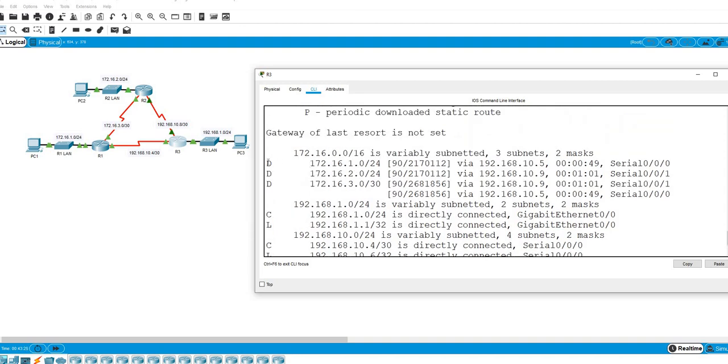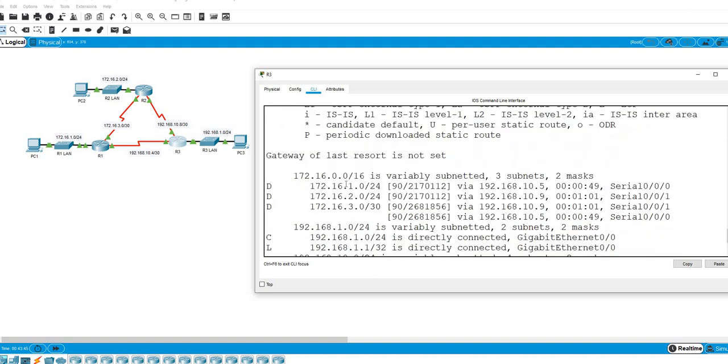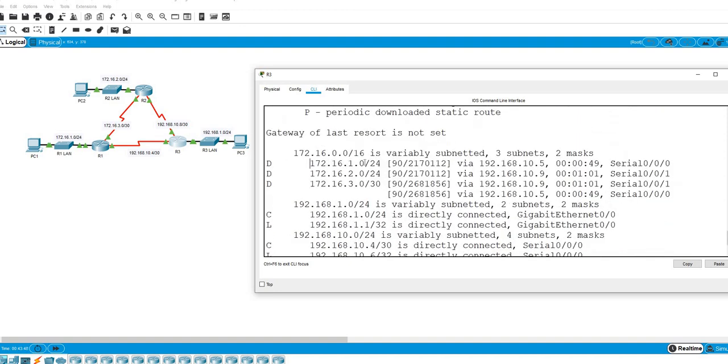Good. So the first column shows the protocol code. With the help of that protocol, we have learned this network. So this D shows that it is the EIGRP protocol at the top of the routing table. You can see that code as well. 172.16.1.0 network, which is that one, has been learned with the help of the EIGRP routing protocol,